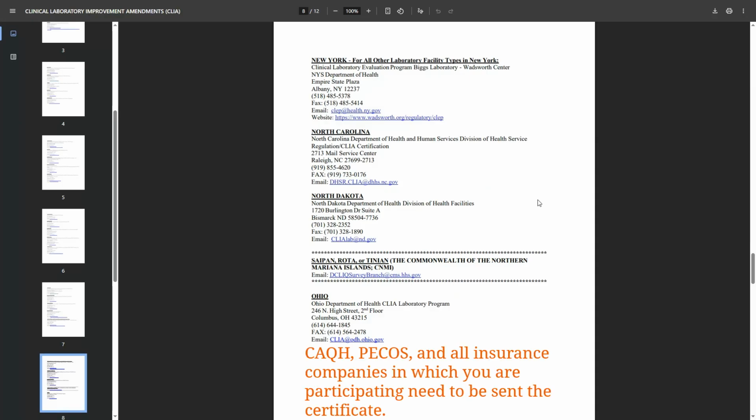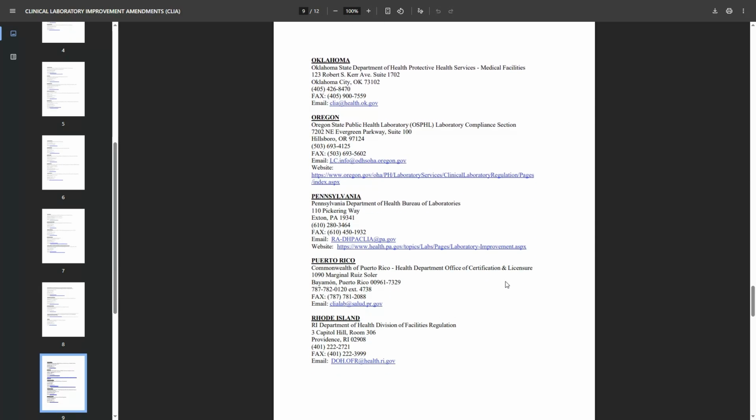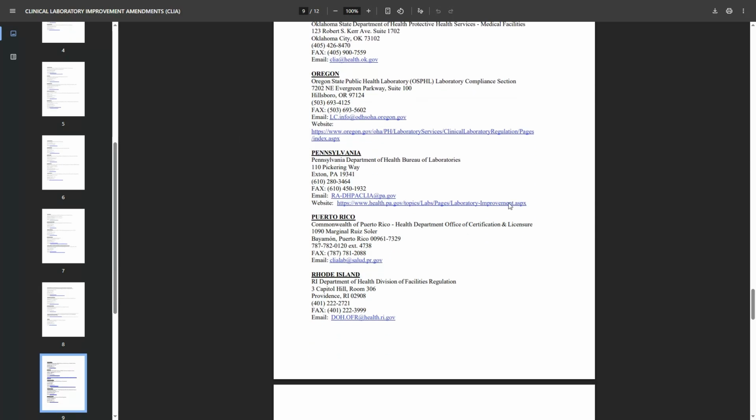You need to go on to PICOS, CAQH for your location. You need to send it to your insurances, that certificate, whatever it is, waiver or whatever level you have, because then they need to put it on file. So when you send claims with labs that you're billing out that require a CLIA ID, it's on the claim. It matches what they have in the system under that location where it's being serviced for that lab test, and everything should be good. So you can see all this contact information, even has websites that you can check out,